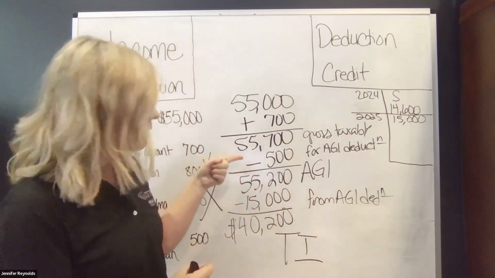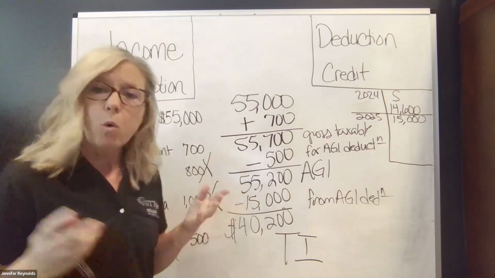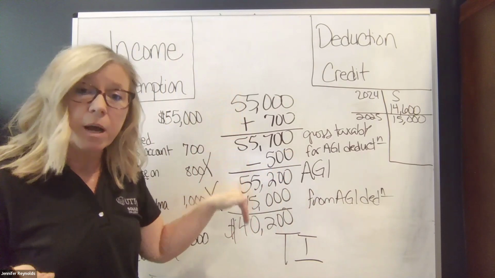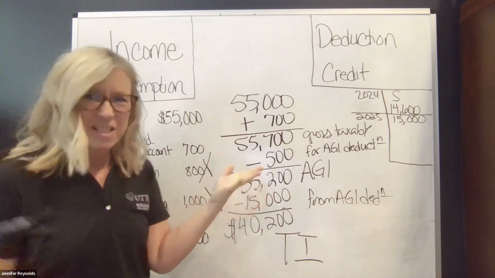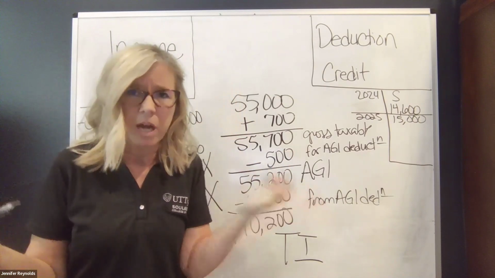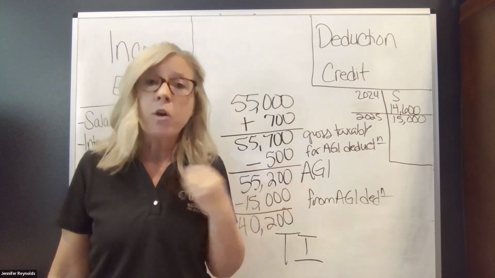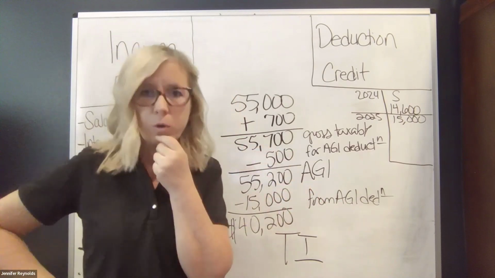Notice how both of these amounts, whether I labeled it for AGI or from AGI, what do they both do? They both reduce the amount of income we have to pay taxes on, right? We subtracted it both. So what's the difference if they're both a deduction? The difference is in just where they are, and Congress tells us if it's a for or a from AGI. So why do you care?